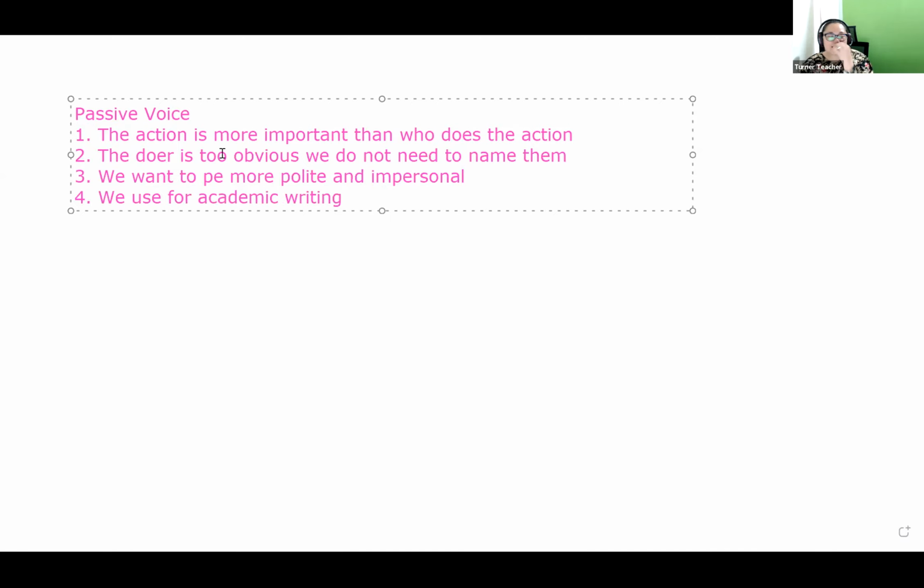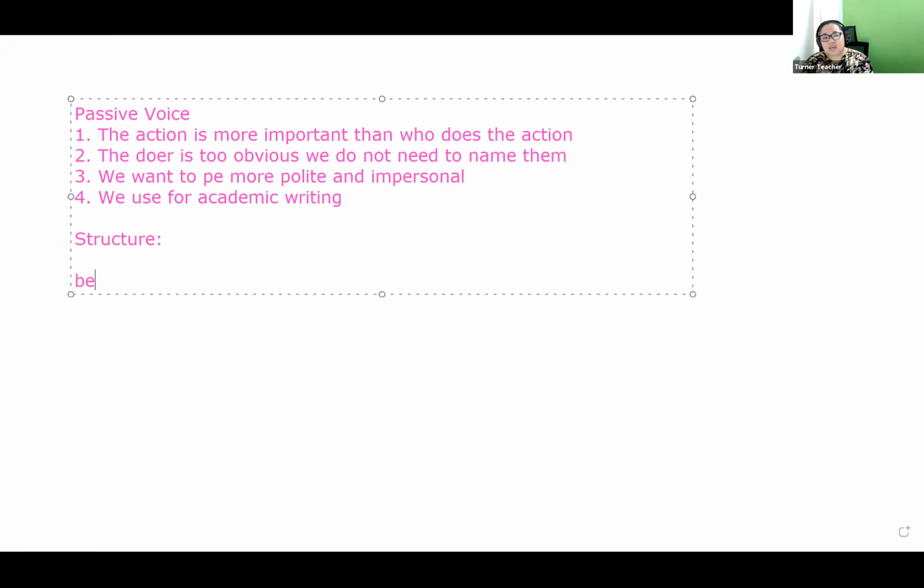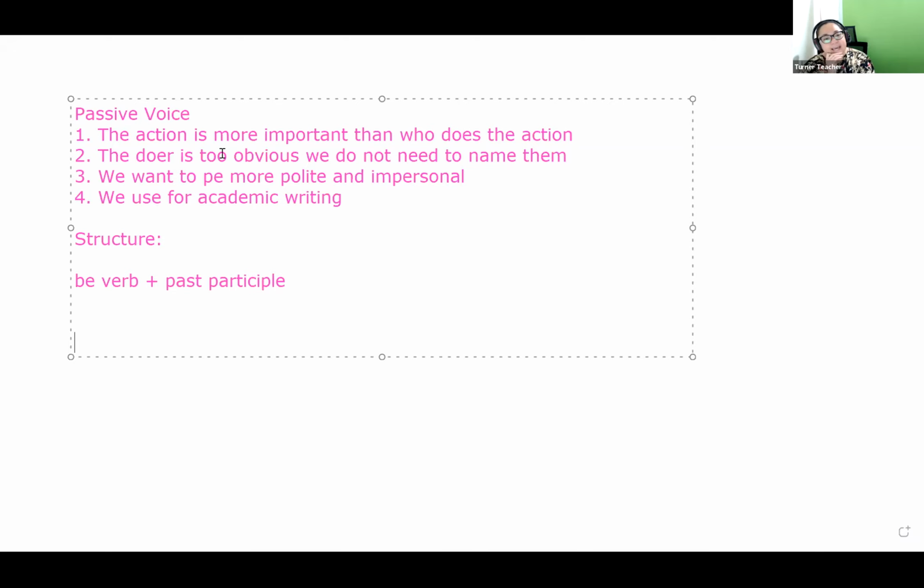So what is the structure of passive? Be verb plus participle. Beautiful. Good. Now, in the essay, we use the structure of